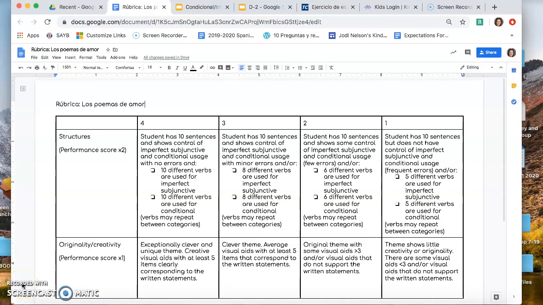Hola amigos! I wanted to go over the rubric for your love poems so that you guys understand what the requirements are. So, two different categories. You have structures, which is going to be a performance score times 2, and originality creativity, which is performance score